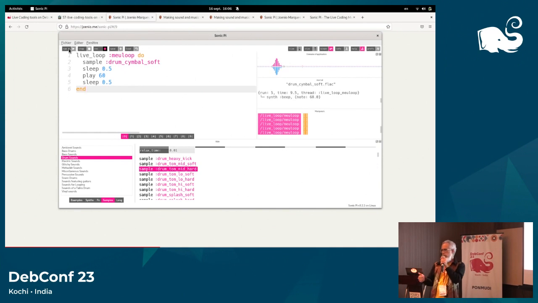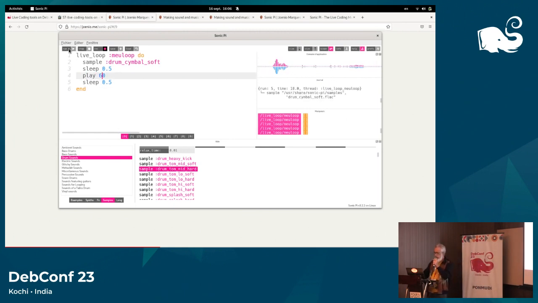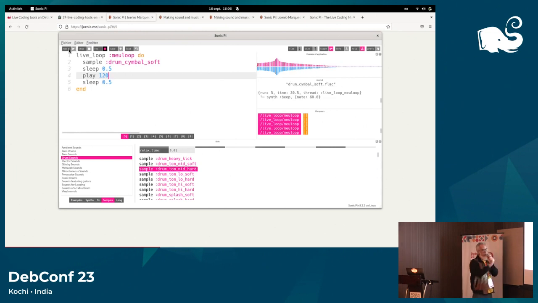And how it gets interesting: if I change the code, for example, I'm going to switch from 60 to 120 in this play function. I replaced the previous 60. Now I'm going to change it to 120, and if I evaluate it again,